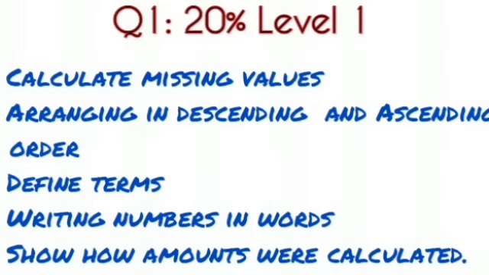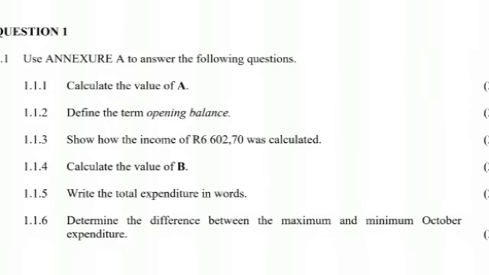So we are looking at things like calculating the missing value, arranging things in ascending and descending order, defining terms, writing numbers in words, and showing how amounts were calculated. So they will give you an amount and they will need you to show how they ended up with that value, and you have to show such a thing. So let's look at the Eastern Cape